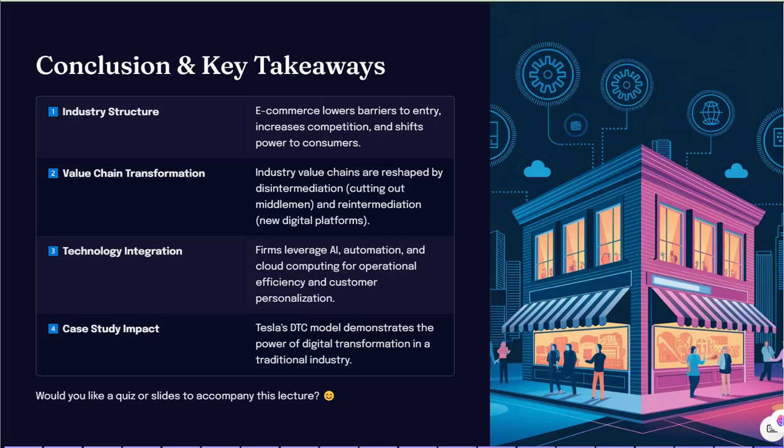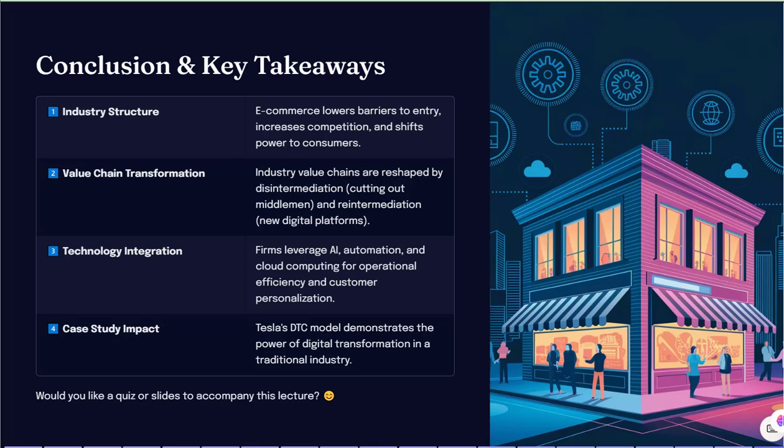So we have come to the end of this session. We have some conclusions and key takeaways, right? The key takeaways from this presentation cover the major impacts of digital transformation on industry structure, value chain, technology integration, and the real-world case study. The first, e-commerce has lowered barriers to entry, increased competition, and shifted power to consumers in many industries. And for the value chain transformation, the value chains are being reset through disintermediation, cutting out middlemen, and re-intermediation